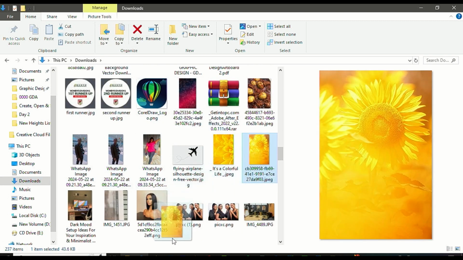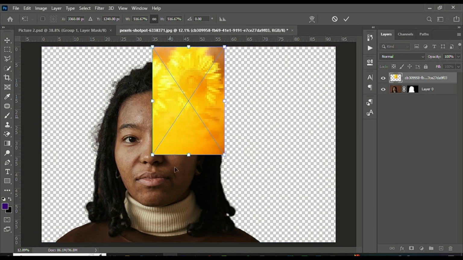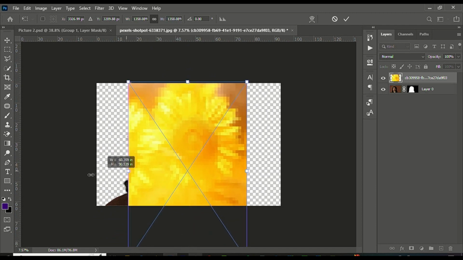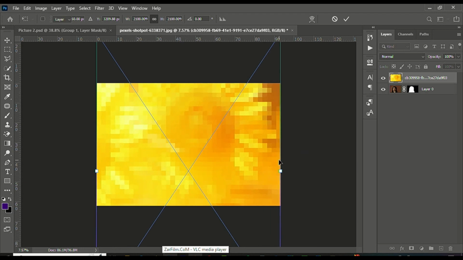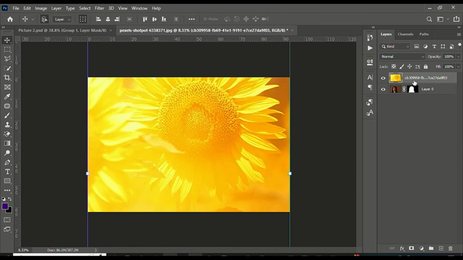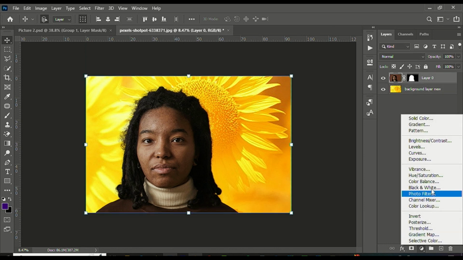Let's add this background here. When you drag the image onto your Photoshop file, you see it will be on top of the layer. So you bring this, let me name it background layer new. You drag it down here just to change the background, and after that you can add some adjustments to it,